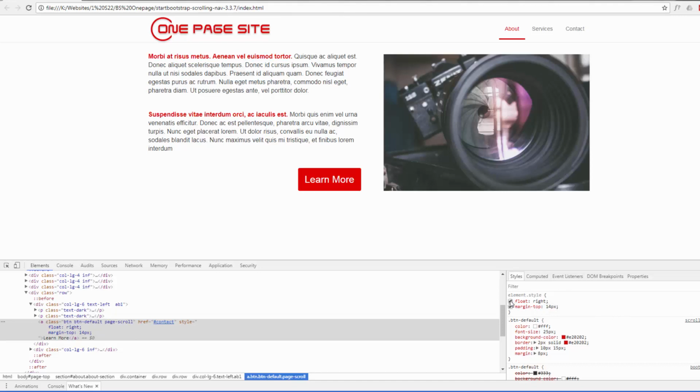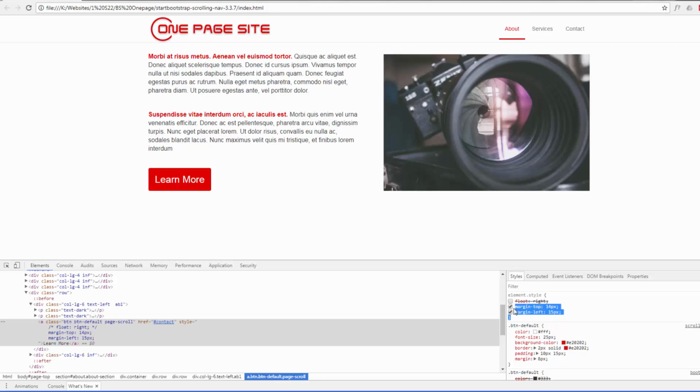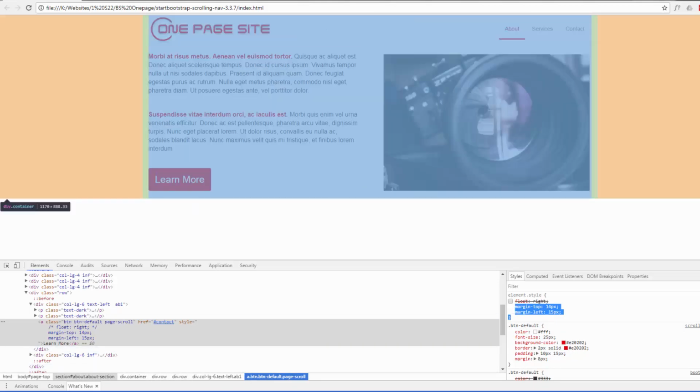Okay, let's just take that float right off, put it back where it was. We need to push it over by about 10 or 15 pixels. So I want a margin-left of about 15 pixels. We'll try that, see what it looks like. I think that's pretty much bang on. So I'm happy with that. So we'll just copy those two attributes there and go back to our